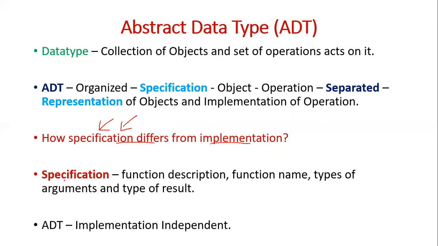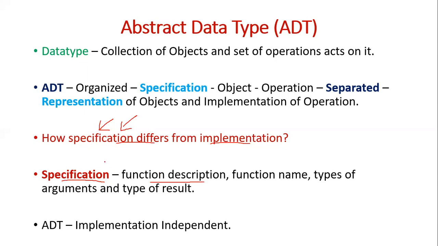Okay, so what are the typical specification details of an object? The typical specification detail of an object is the function description, which means a description of what this particular data type will do, why it is used. Okay, description means what the use of this data type is. So if you take integer, integer is a data type. Using this, you can create an integer variable which can be used to store a whole number. It can be a negative number or a positive number, and starting from what range to what range. What is the most negative number you can store and what is the maximum positive number you can store. So that is called the description.